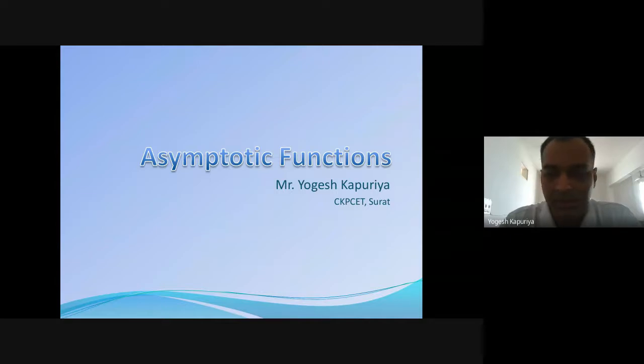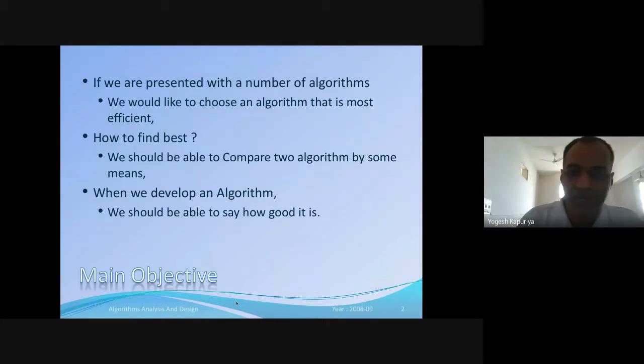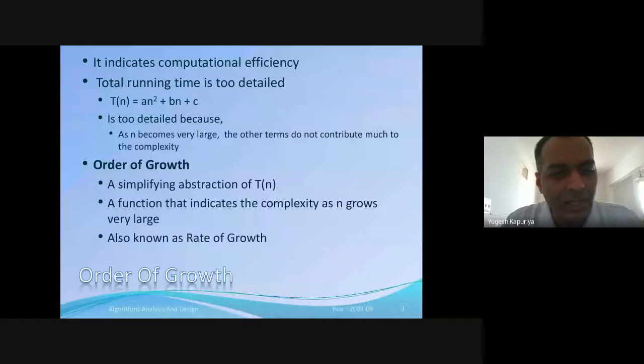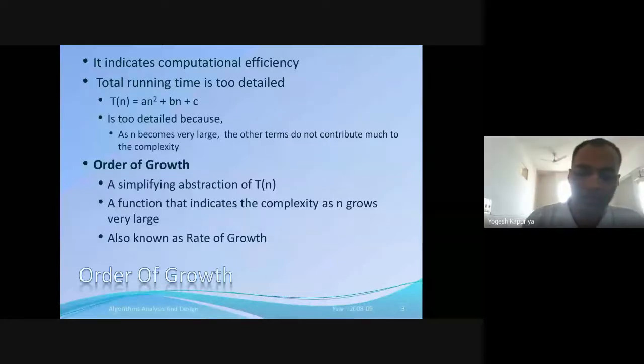But it's not like comparing two values where you can simply say that a is greater than b. What you need is a mechanism which will allow you to say that this is the time complexity of algorithm x, and this is the time complexity of algorithm y, and based on this x is greater than y, so we can say that the algorithm with y time complexity is better than the algorithm with x time complexity. That can be done by identifying the order of growth. That is what we have started with.